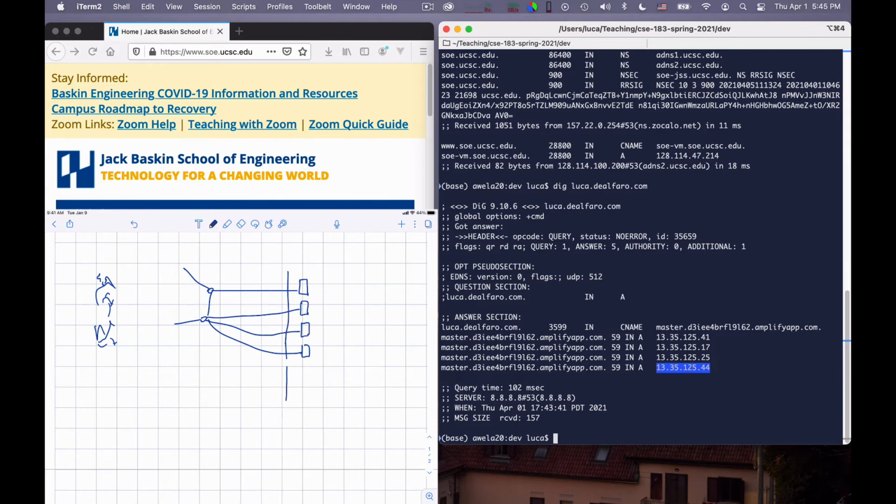Now, internally to Amazon, this is Amazon Web Services. These can be just front-end servers that have each one of them an IP address, but internally, each one of these can distribute the request to a very large number of internal servers. These would be organized inside the Amazon cloud. But essentially, these 4 IP addresses that you see here are the 4 entry points to the Amazon cloud for this particular service that I use, which is called Amplify, that hosts your web pages. Okay.